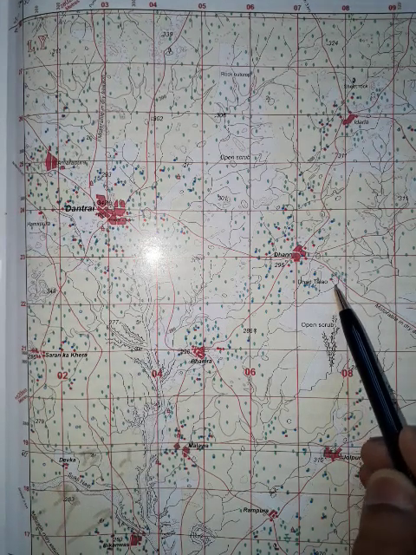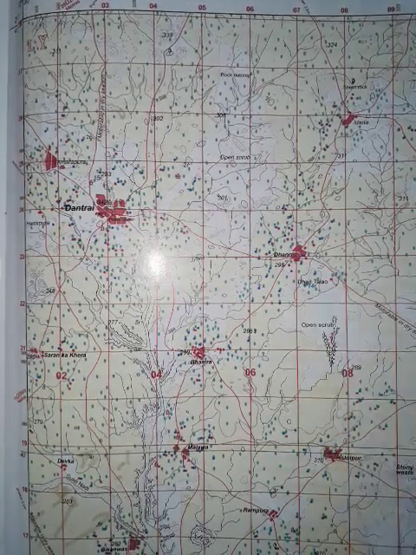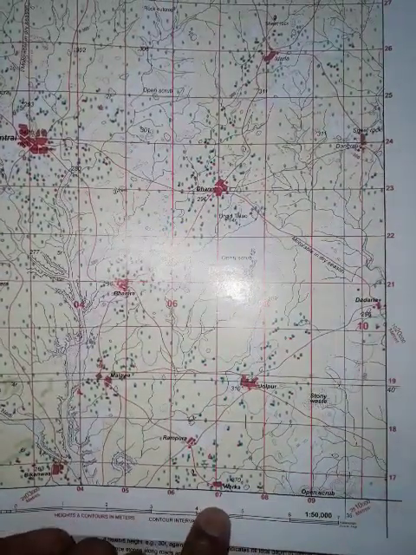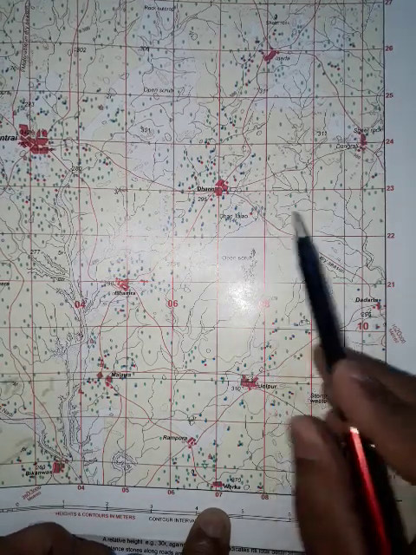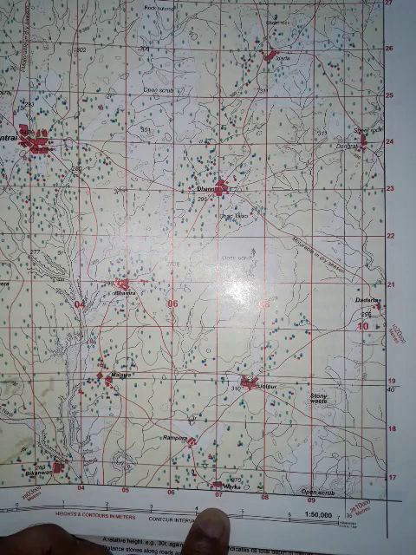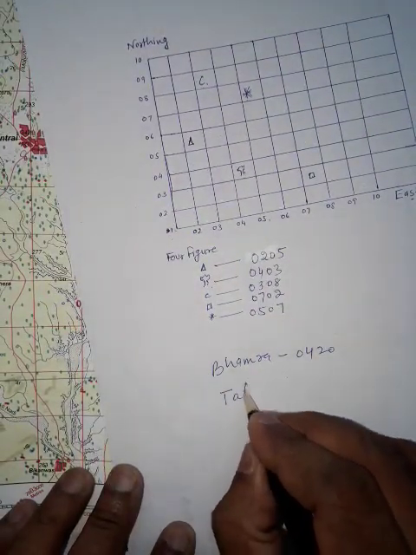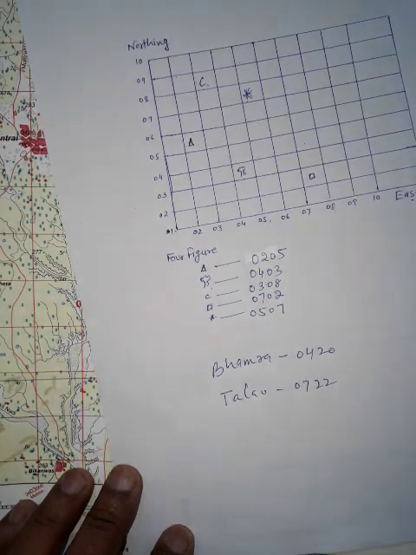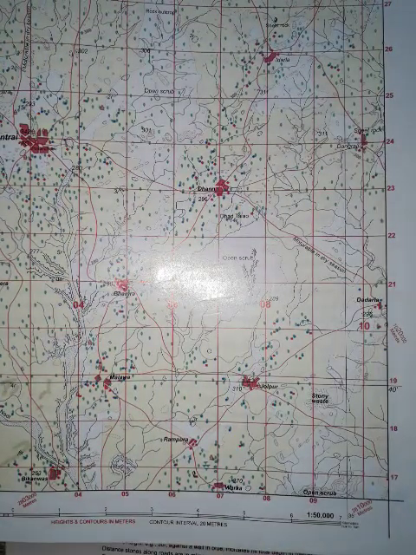Now, the line which is left and the line which is below. The line which is left is here. This one is 07. Dhad Talao 07, and here it is given 22. Now, the 4-figure grid reference of this Talao is 07 and 22. Keep this in mind: we will always write down the easting first and the northing later.